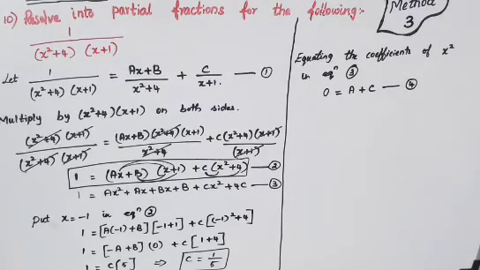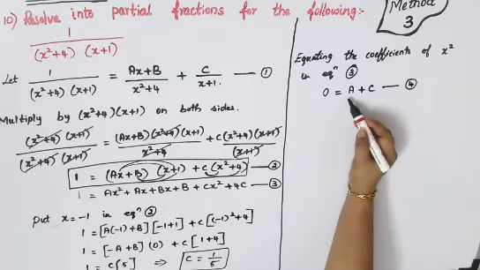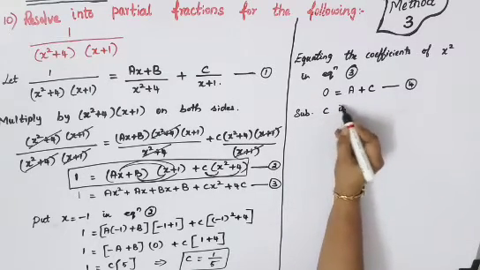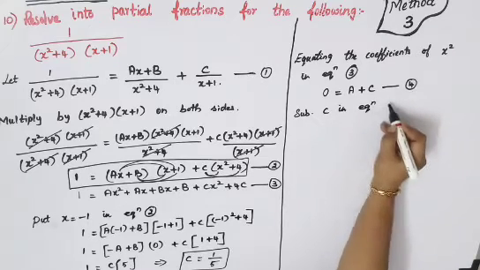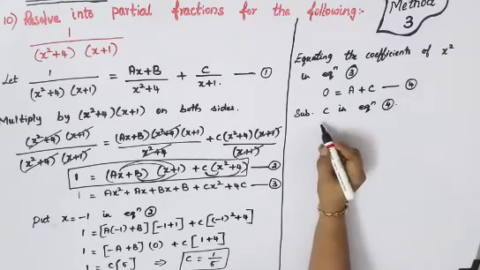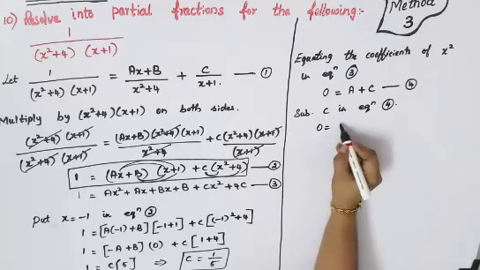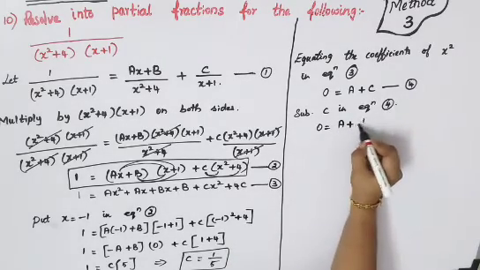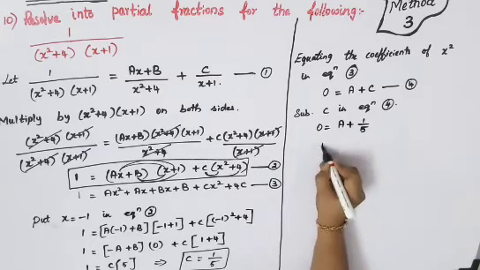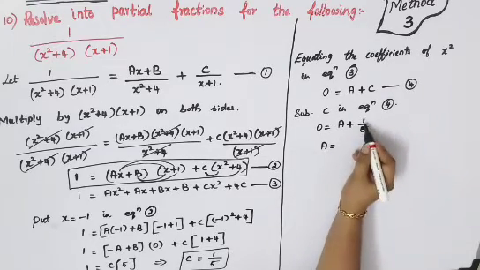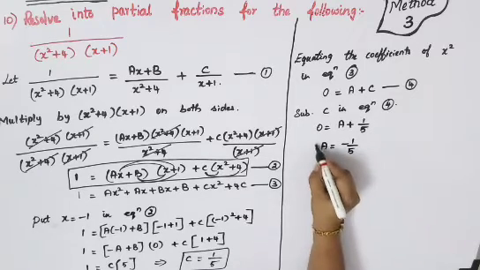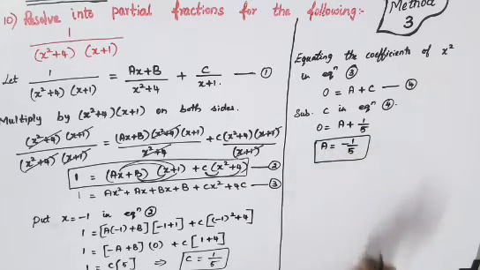So now substituting your c, you got c as 1 by 5. In this place, you will get your a. So substitute c in equation 4. So 0 is equal to a, keep as it is, plus, instead of c you can write 1 by 5. Therefore your a is equal to, take this plus 1 by 5 towards your left hand side, so it will become minus 1 by 5. Therefore your a is minus 1 by 5.